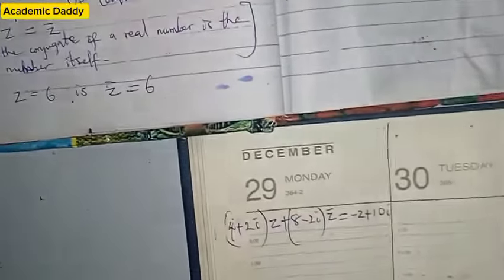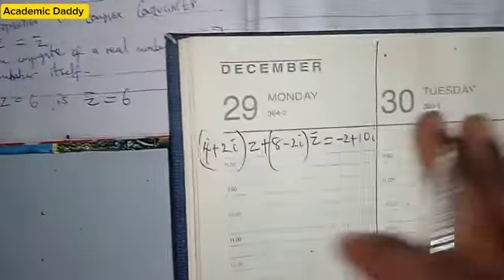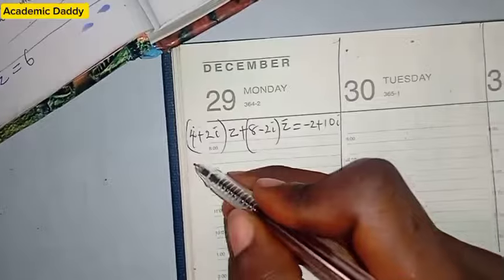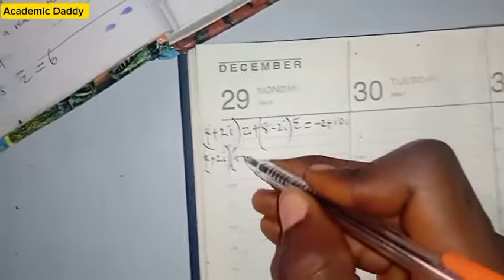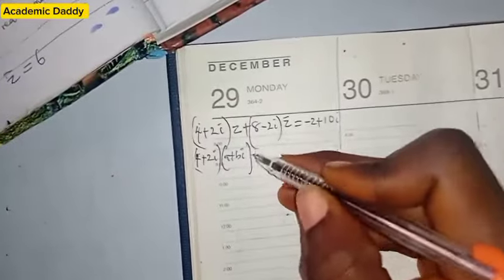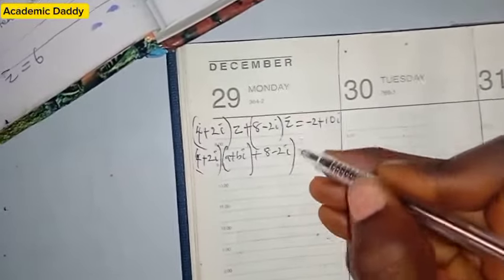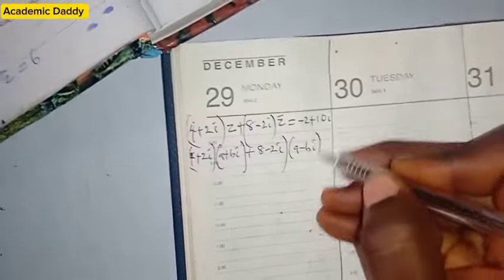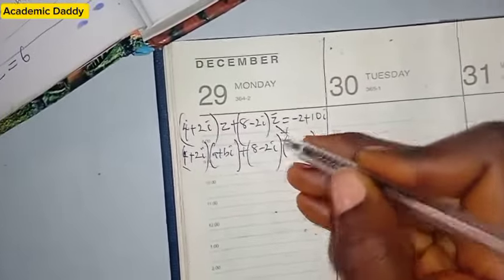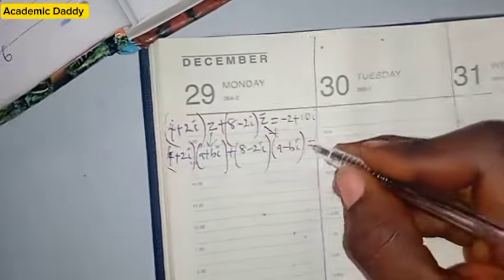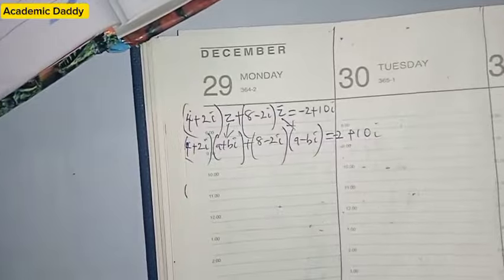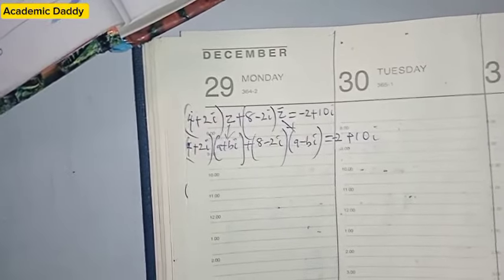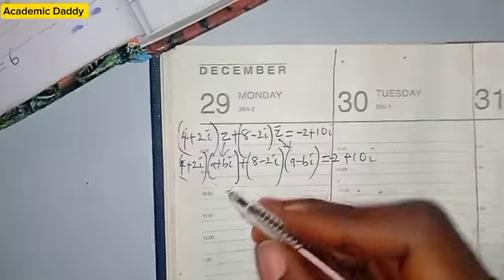So this is what we have. This is 4 plus 2i into a plus bi, then plus 8 minus 2i into a minus bi. That is what this one represents. This is equals to minus 2 plus 10i. So what you just need to do is to multiply through. So multiplying through, we now have